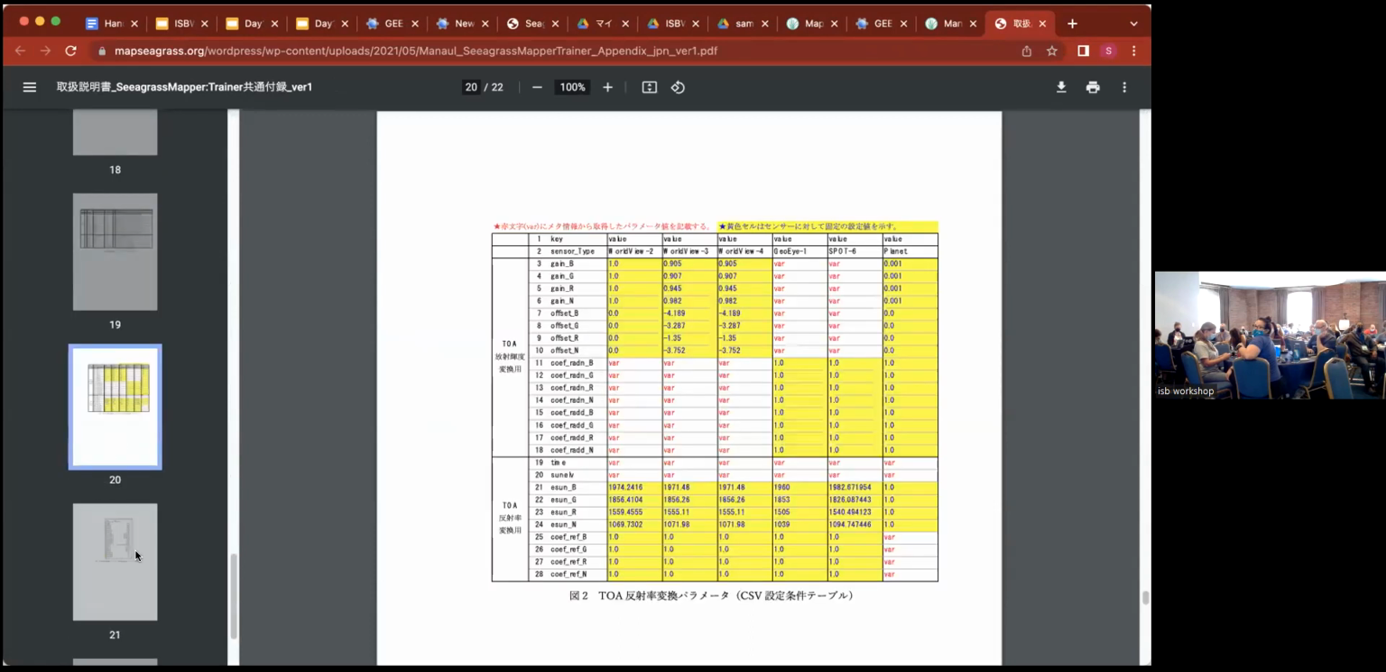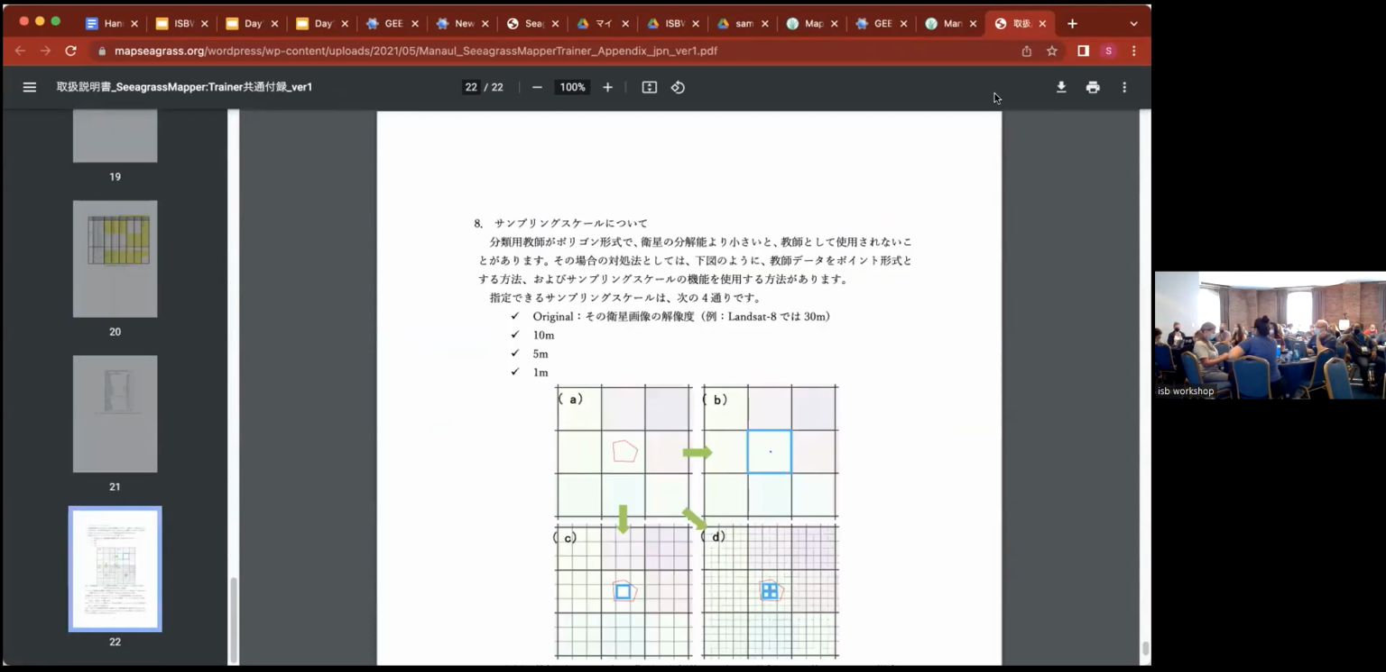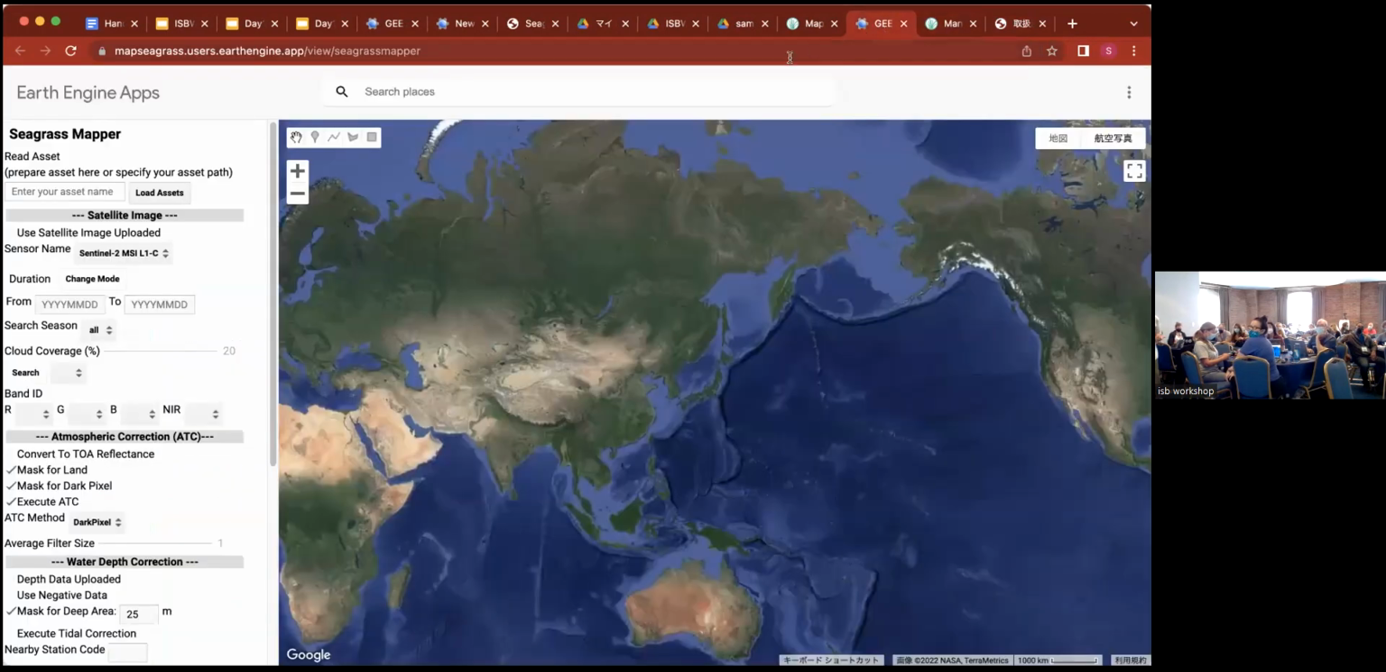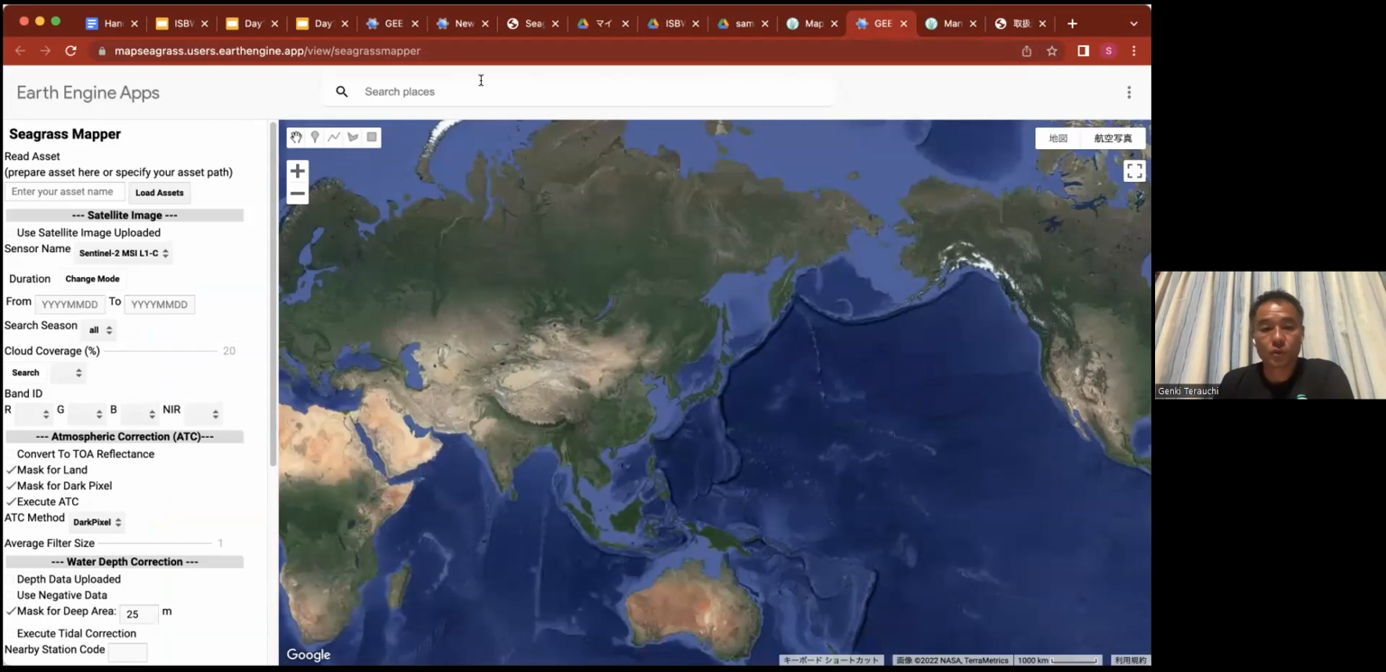Okay, yeah, I think if we have no more questions, we go to the hands-on of the Seagrass Mapper. All right, that's probably good. Okay, so